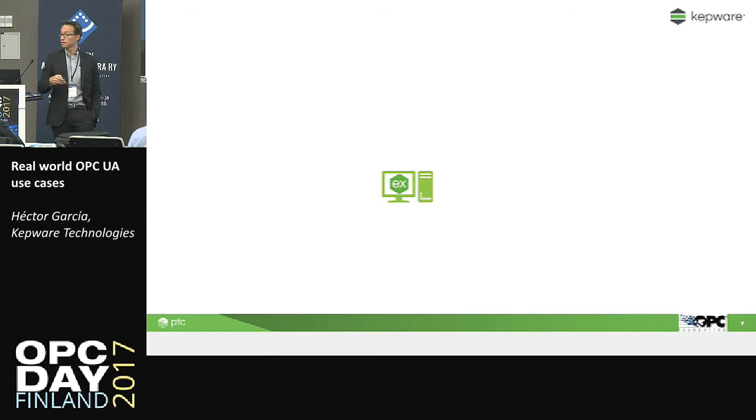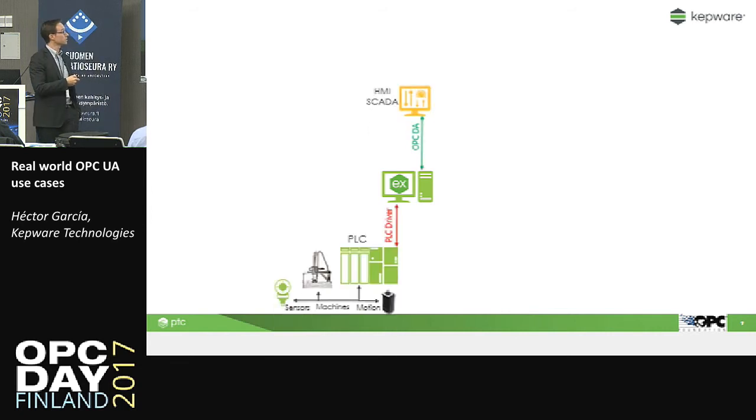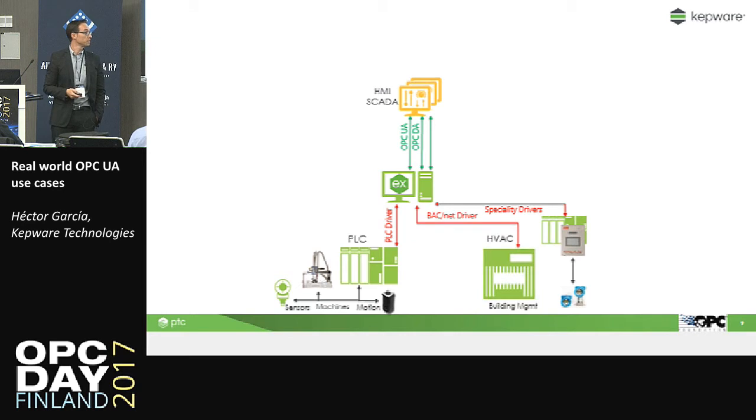And once the communication is established between Kepware EX and the PLC, or PLCs in plural, you may want to use a SCADA system connected using OPC DA, the classic OPC DA. This was the typical application for many of our customers. They had an HMI or a SCADA system and they wanted to access their PLCs. Nowadays, these SCADA systems are OPC UA enabled, so we, of course, can communicate with them using OPC UA, both ways. You decide. Of course, our recommendation will be to use OPC UA. We, apart from PLC drivers, I told you we have more than 150 different drivers, so we have specialty drivers for flow computers, very common in oil and gas market. We also have protocols for building management systems. We have other protocols for some IT elements like SNMP, and we can convert all this information into OPC UA.